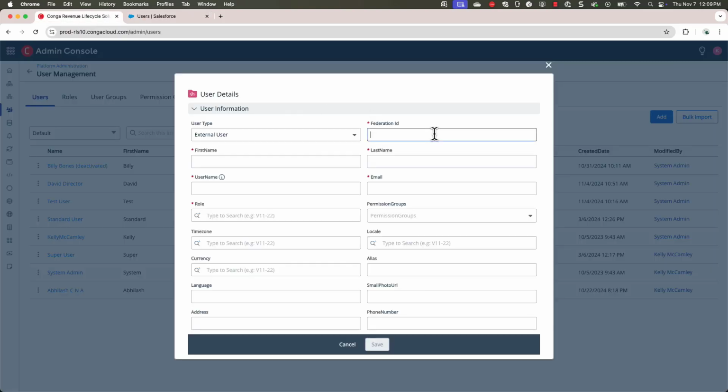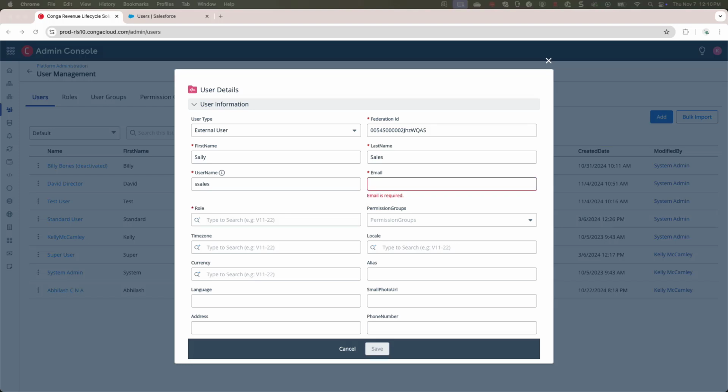So since I'm adding Sally, I'll go ahead and grab her user ID from Salesforce, and then I can fill in her first and last name, as well as her username. This can either be the user's email, or it can be a first last name situation. It's kind of up to you and your company's standards for how you'd like to format this username. For us, we're just using a first name, last name pattern, and so that's what I'll do here. And then finally, I can add her email, which I will copy and paste,